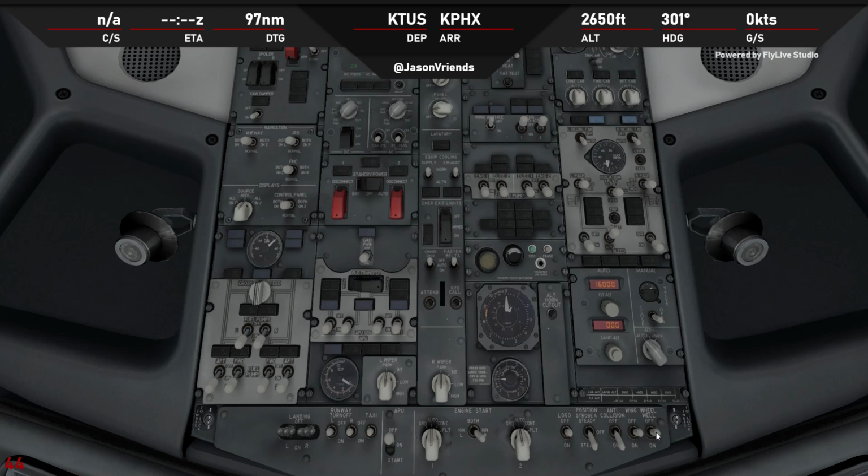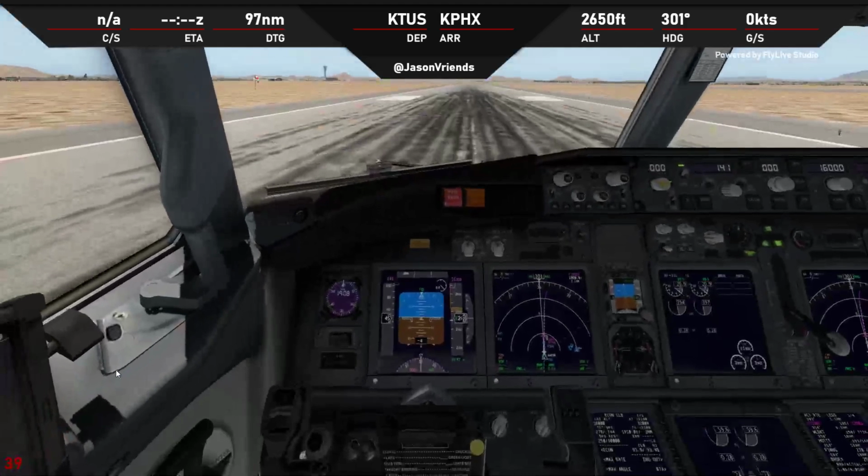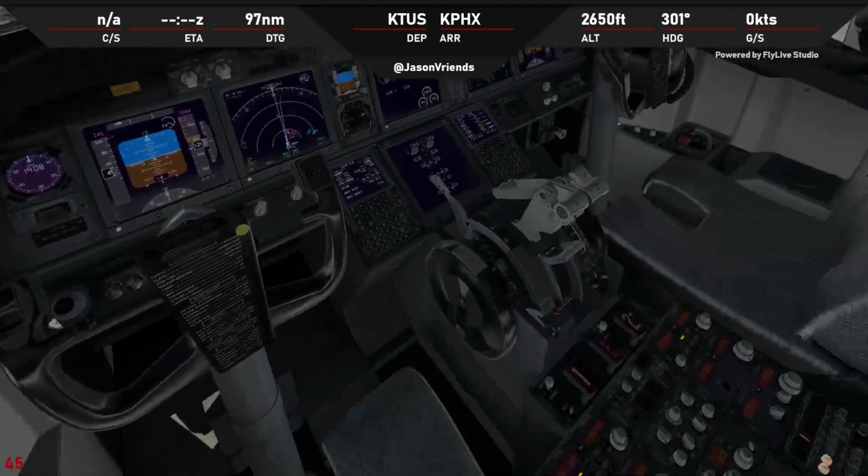Let's go ahead and let our flight crew know that we're about to take off, and they can announce to our passengers: flight attendants, please be seated for departure. Okay, the cabin is secured. Have a good flight. Alright, so for those of you that are interested, I have a joystick button for this,